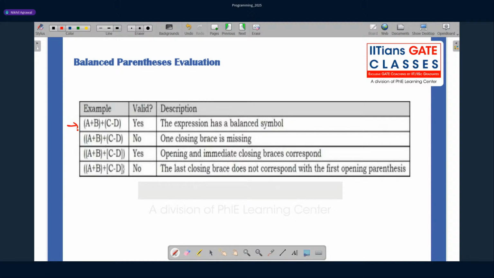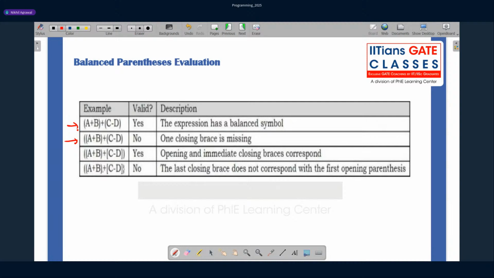The brackets are balanced. Now check the second row. Is this balanced, students? You can see in the description that it's not balanced because one of the brackets is missing. Now let's check the other one. We have opening and closing brackets, and everything seems proper, so yes, it's balanced. Similarly, when you check the other, is it balanced?